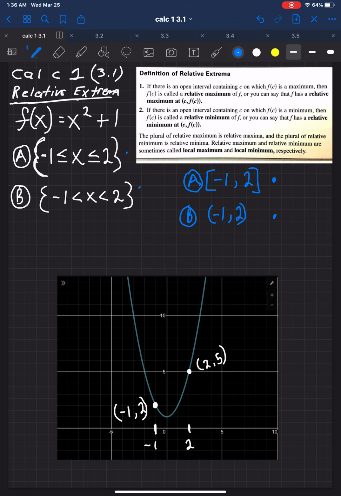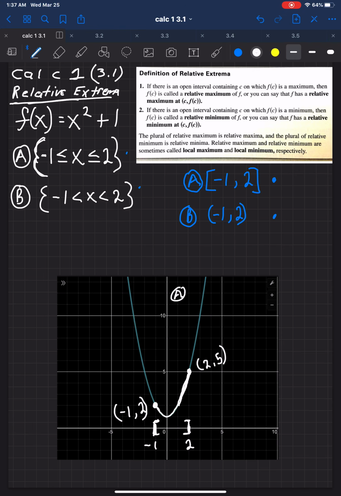Okay, so let's start with part A, and then I'll come back to the definition after we've established some things. I'll put an A here, and I'm going to put a bracket here at -1, and a bracket here at +2, and that tells me that yes, you actually can reach those points. Now I want you to look at the graph, and I'm going to try my best to trace the graph from -1 to +2.